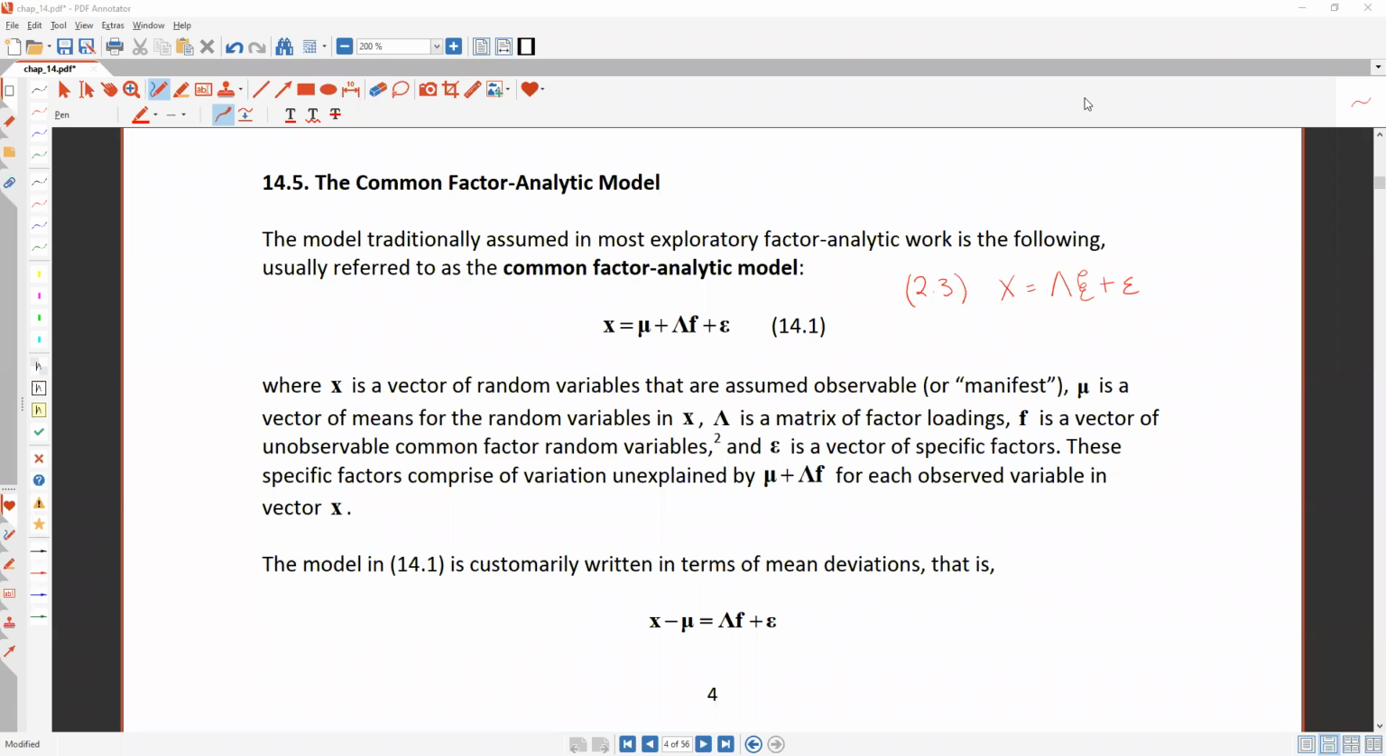Okay, so this is 522. It is October 29th. And today we're going to talk about factor analysis and then move our way into talking